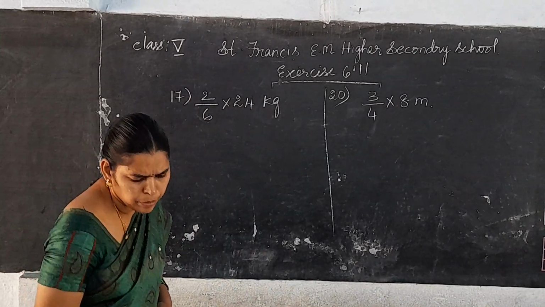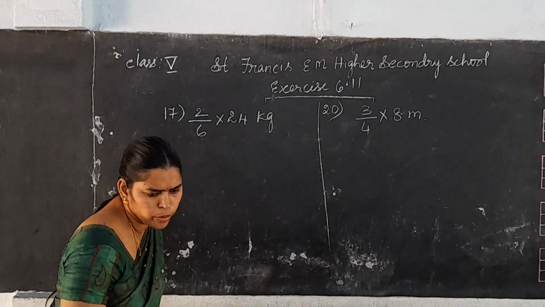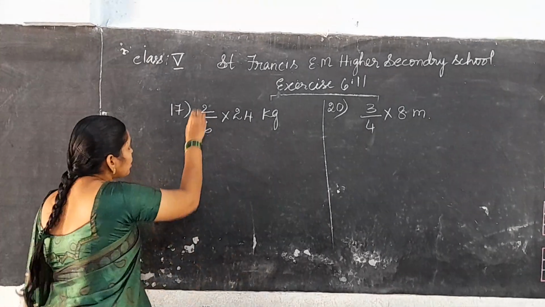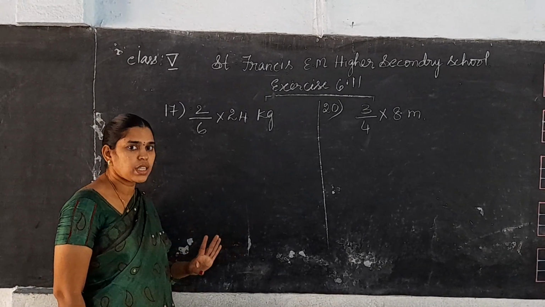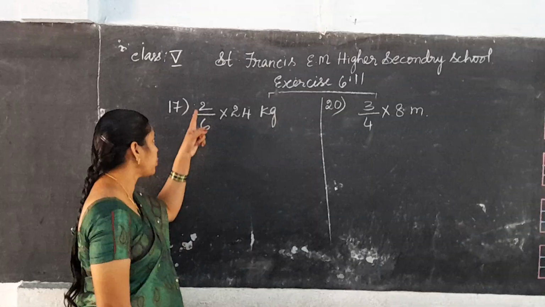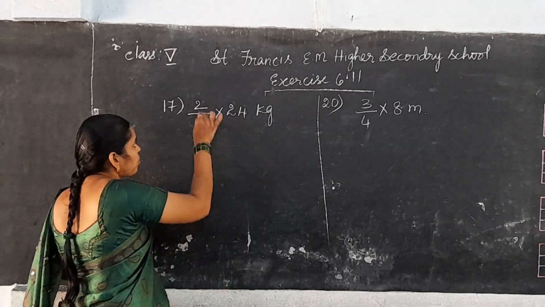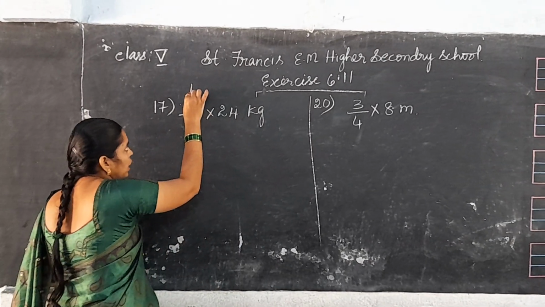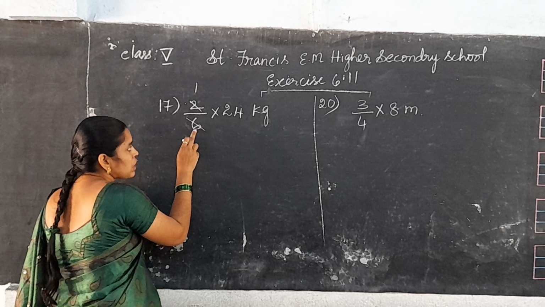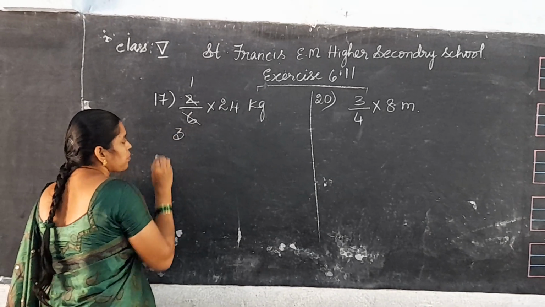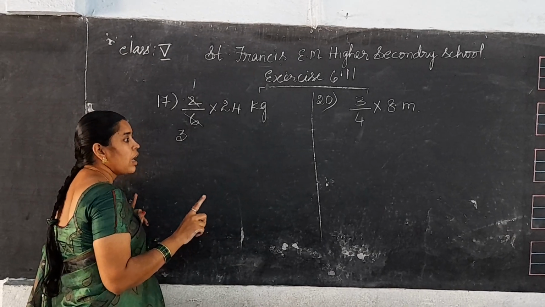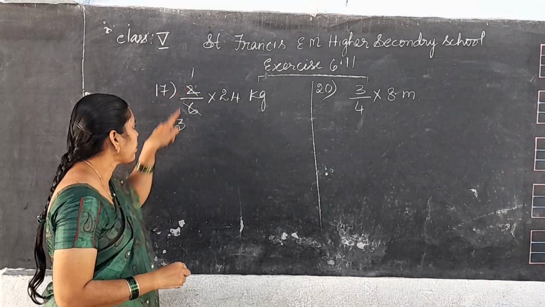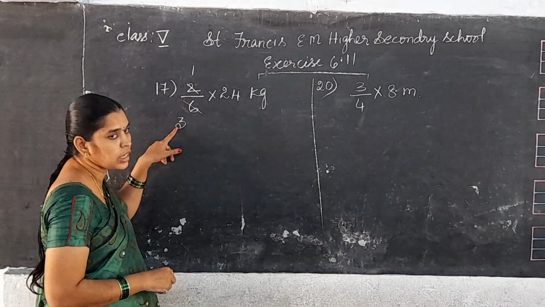2 by 6. Right? In this 2 by 6, in these two numbers, which is the common factor? 2 is the common factor. With the 2 you should do cancel. 2 how many times does it go into 1? 1 time. 2 how many times goes in this 6? 3 times. 1 by 3. You always check it except 1. Now 1 by 3. So in these two, any table will not.